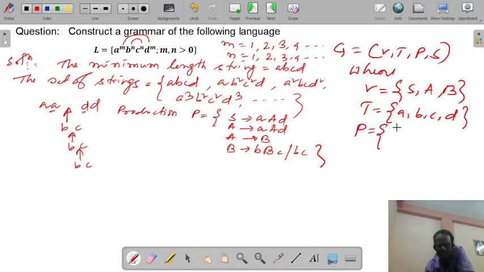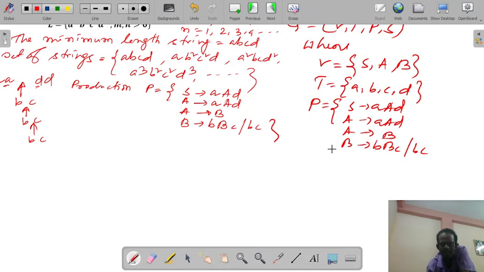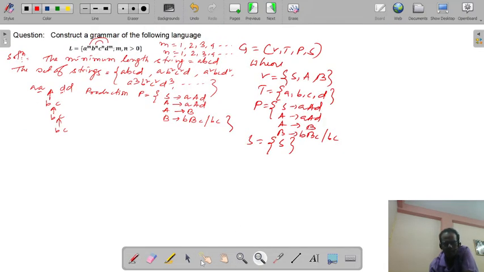P, the production set, that is S implies small a, capital A, small d, and A implies small a, capital A, small d, A implies B, and B implies small b, capital B, small c, or bc. Next, S is the starting variable here. So this will be the grammar corresponding to this language: L equals a to the power n, b to the power n, c to the power n, d to the power m, where m is greater than 0.